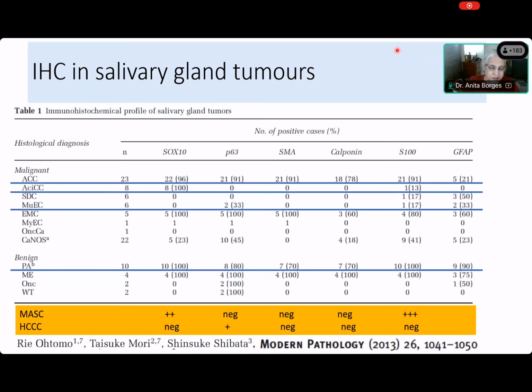I just showed you this because it's the same thing all over again, except that the tumors are on the y-axis and the different markers are on the x-axis. And then I just added two things over here. This is mammary analog secretory carcinoma, and the new classification just calls it secretory carcinoma. Yes, it expresses SOX10. And this hyalinizing clear cell carcinoma, now just called clear cell carcinoma, does not. It's exactly the opposite when you talk about P63. P63 is not expressed in the secretory carcinoma, but it is expressed in the clear cell carcinoma.